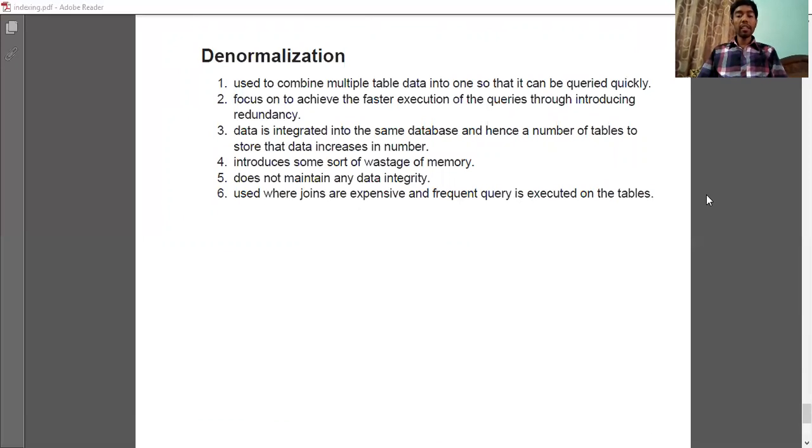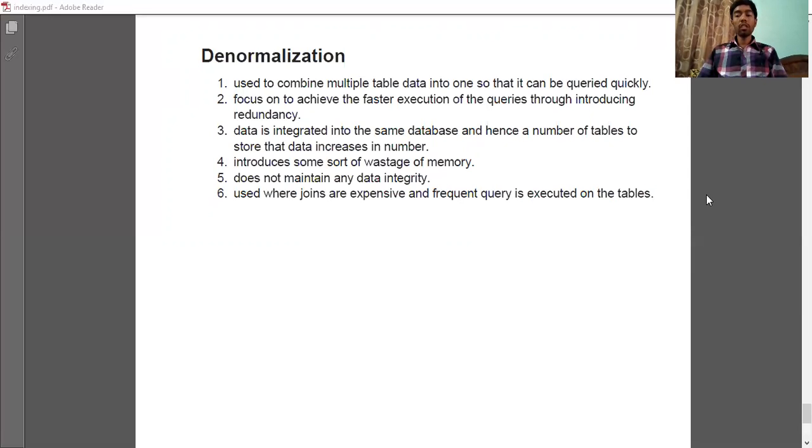Data is integrated into the same database and hence the number of tables to store the data increases. It introduces some sort of wastage of memory, doesn't maintain any data integrity, and is used where joins are expensive and frequent queries are executed on the tables.